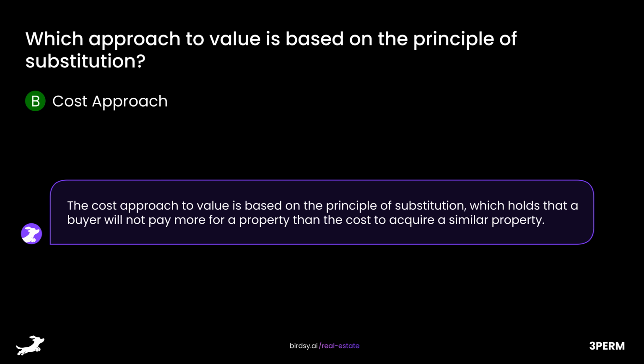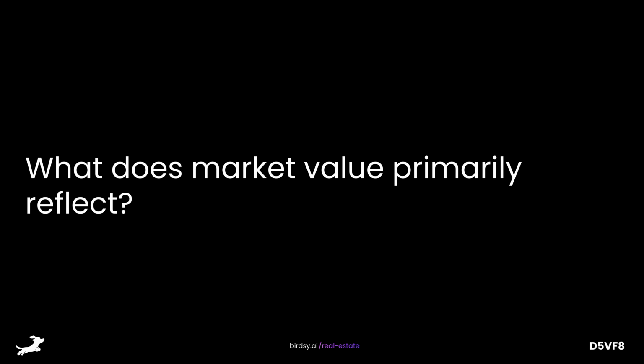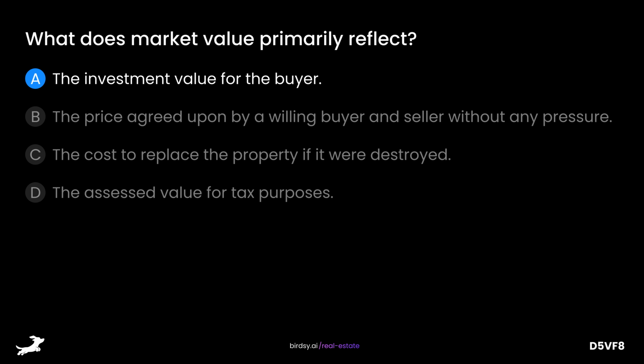The cost approach to value is based on the principle of substitution, which holds that a buyer will not pay more for a property than the cost to acquire a similar property. Types of value, market, assessed, etc. What does market value primarily reflect? Is it A, the investment value for the buyer, B, the price agreed upon by a willing buyer and seller without any